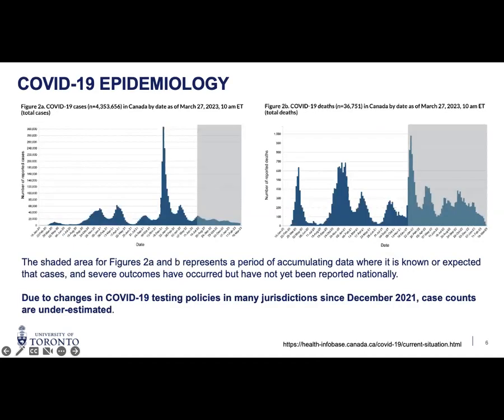So here in Canada, as of March 27, 2023, we see a similar trend where we see the highest peak around December 2021 for cases, with other periods having rises and falls in case numbers. And for number of deaths in Canada due to COVID-19 as of March 27th, 2023, we can see that January 2022 seems to be the highest peak for number of deaths, and the number of deaths have been around and under 400 all through 2022 and now 2023.